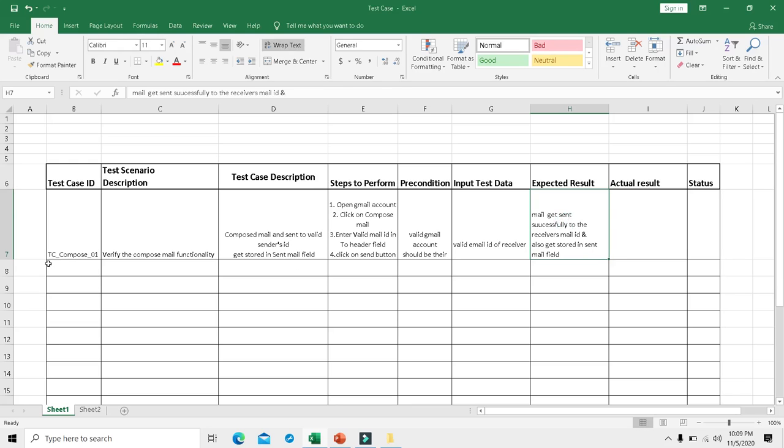In actual result, we write the result we get when actually executing this test case step by step, after the actual implementation. If both these results match with each other, then we write the status as pass. This represents that the test case compose 01, that is the 01 test case of the compose functionality, has passed. So this is how we are going to write different positive scenarios and negative scenarios for this